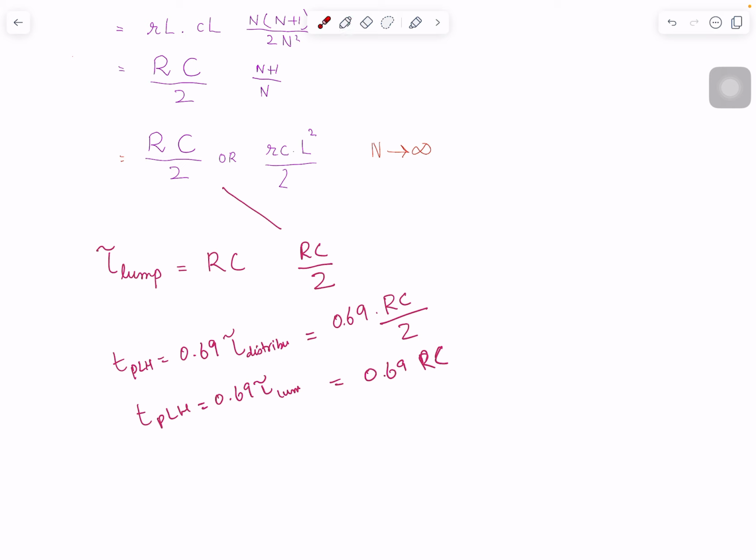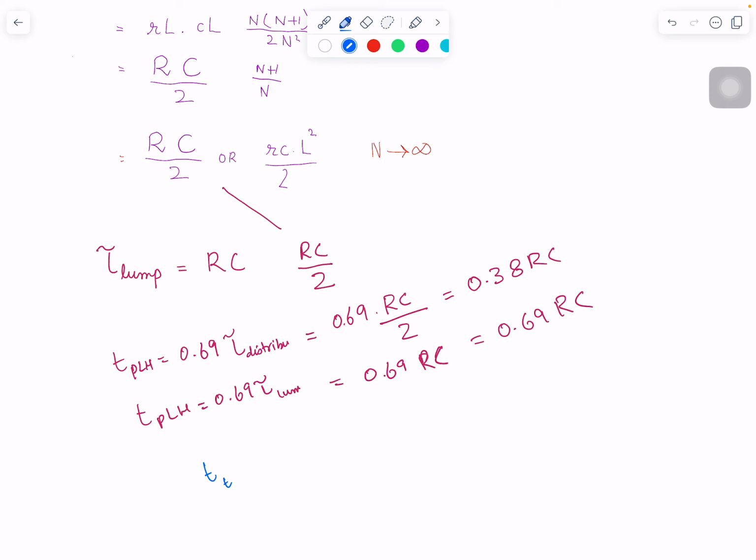Like you can think of this as 0.38 for distributed RC. This is the delay, and in this case it's 0.69 RC. These numbers will give you a pretty good, accurate, simple number, pretty close to the real one. And similarly, what was the